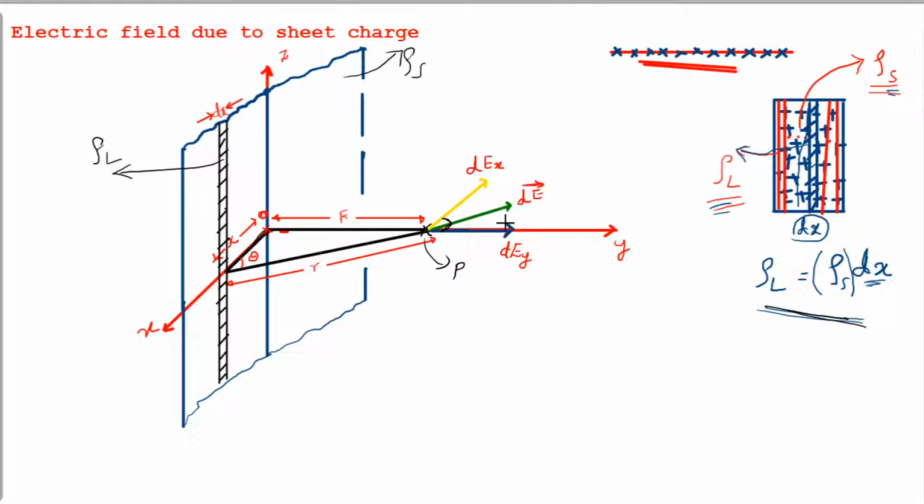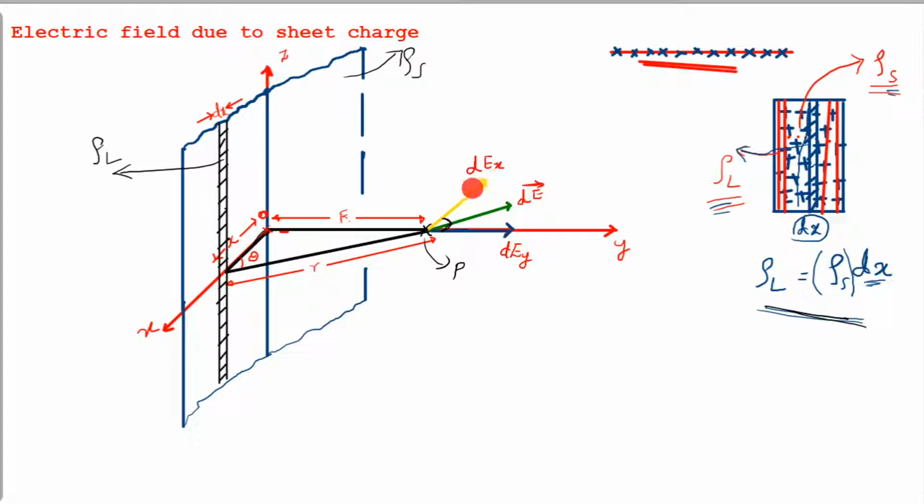So I have resolved dE. What is dE? The electric field intensity at point P due to this dx will be in this direction. Now this is in some arbitrary direction. It is very difficult to derive keeping an arbitrary direction because I will not have any reference. I should have a reference with respect to an axis, then only can I derive it easily. So I resolve it into two components, one along the y axis, that is dEy, and another along the x axis, but in the opposite x axis direction.